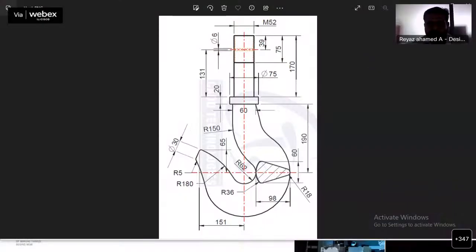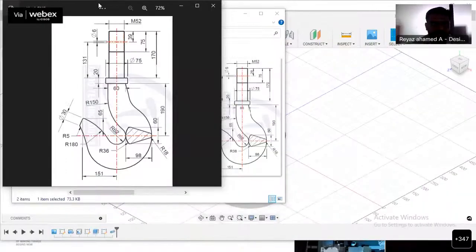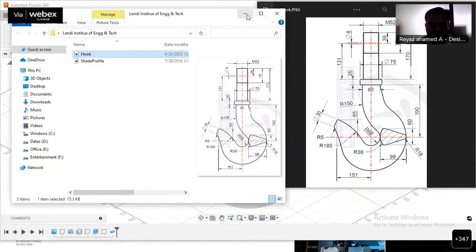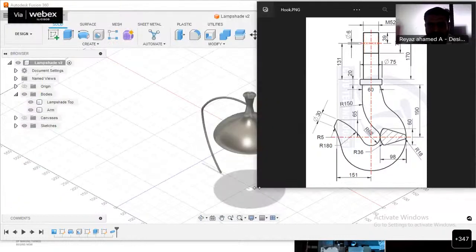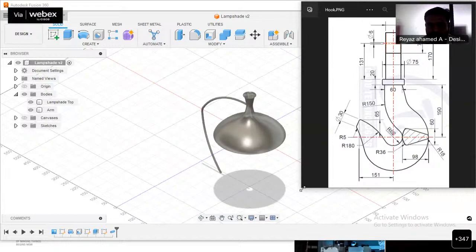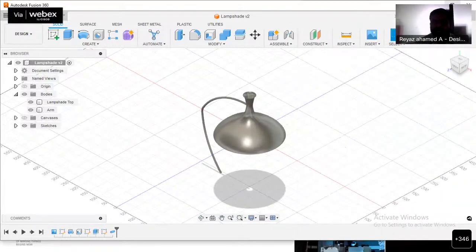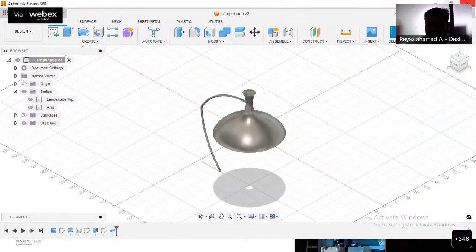So hope you can see my entire screen now. Okay, let me minimize this Fusion 360.